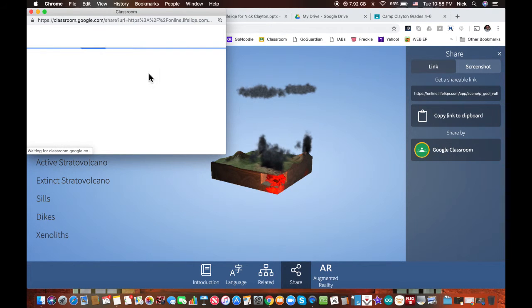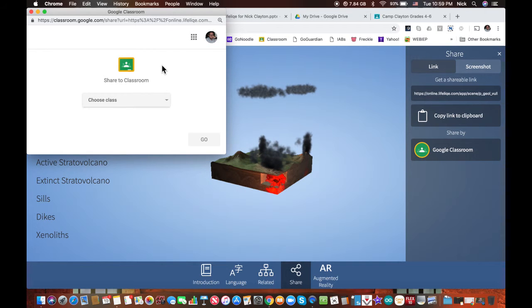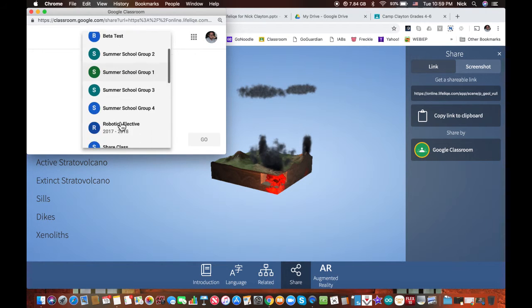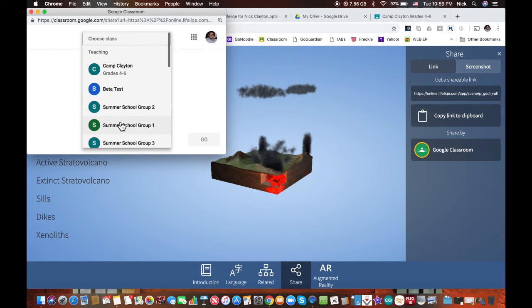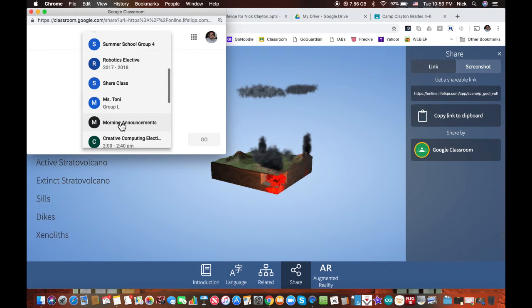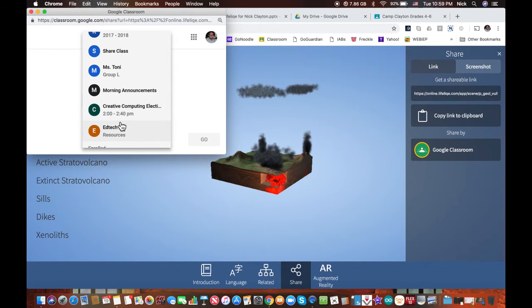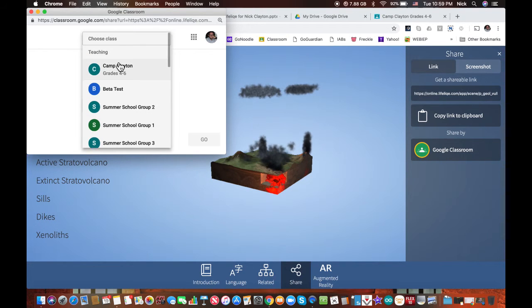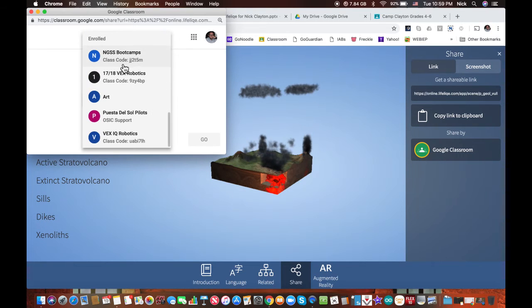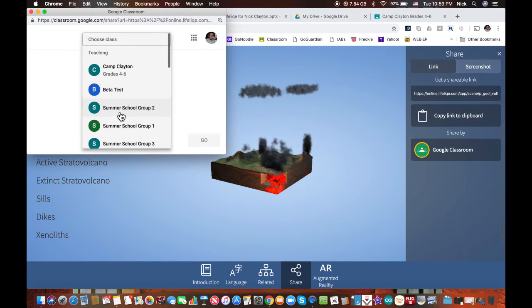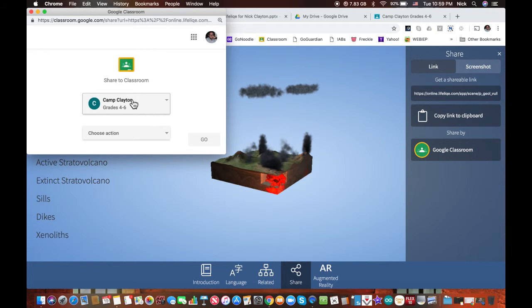So if you click on Google Drive, it will ask you to share to your classroom, so you choose which class you have, depending on if you have different subjects, if you're in the upper grades, or multiple classes. If you're in an elementary school like we are, and we do electives where different students come in, you may have different groups of students. But anyways, as long as you're logged in, it will have all of the classes that you teach here. So you click on a classroom that you want to put that into, choose an action,